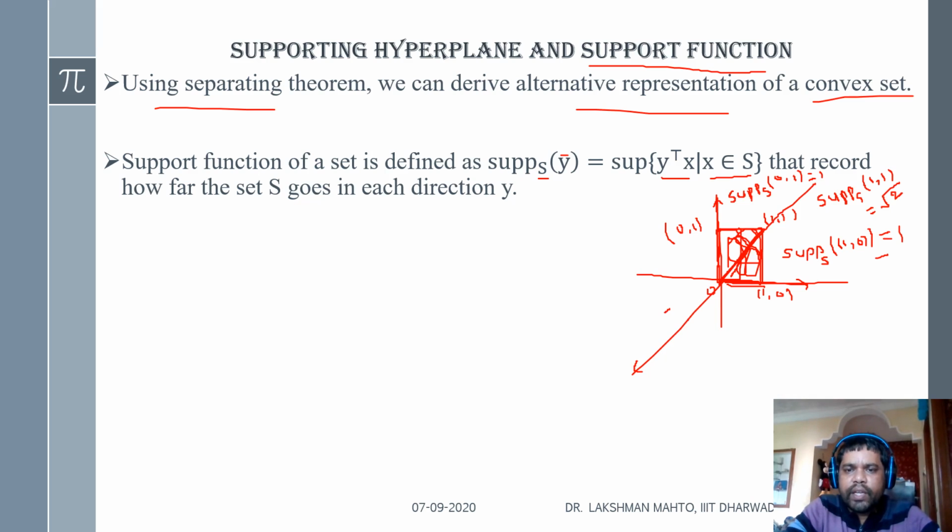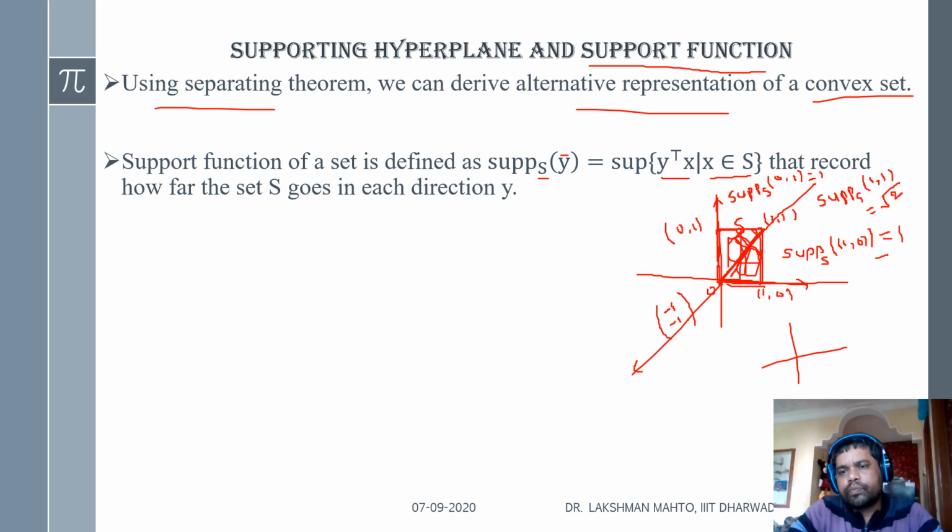If you take the support in the direction opposite to 1 1, what is the direction of this one? It is just a 180 degree rotation, so -1 -1. So what is the support in the direction of this one? The support is 0. The support in the direction of -1 -1 of this set is 0. This set is your S, the given square set. The support in the direction of -1 -1 is 0. Likewise, you can calculate the support of different sets.